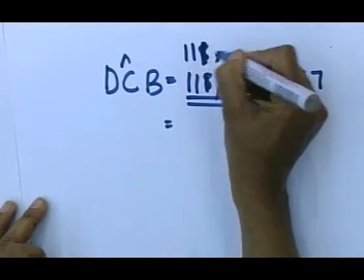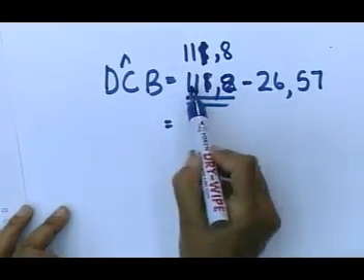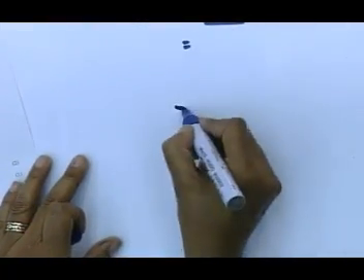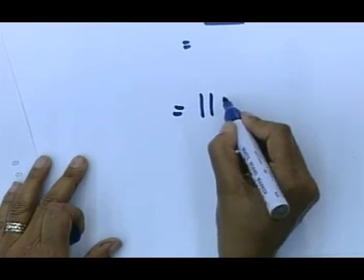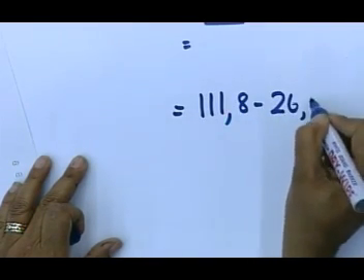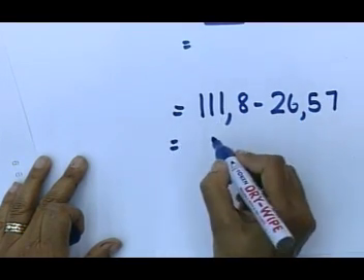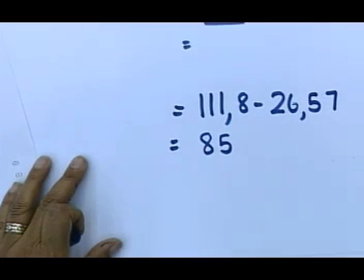111,8. Everybody still remembers. Minus 26,57. Forget that. I'm just going to write it again. 111,8 minus 26,57. And your final answer must be 85. 111.8 minus 26.57. And you get an answer there of